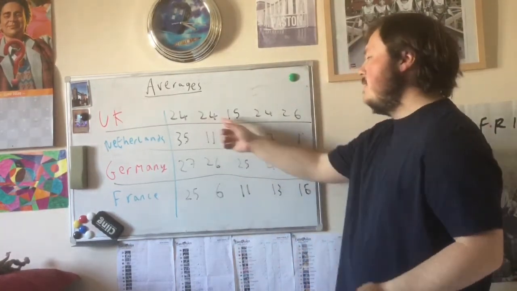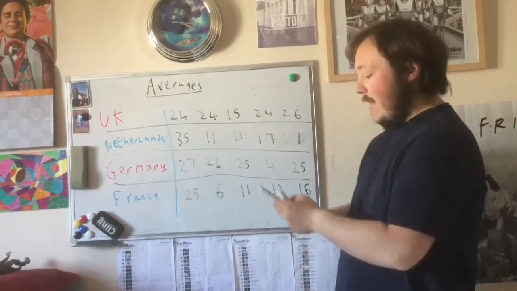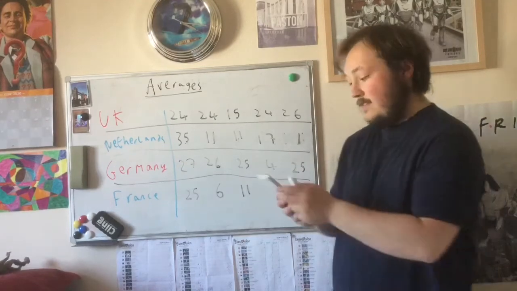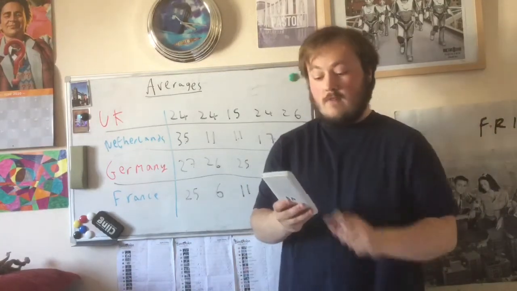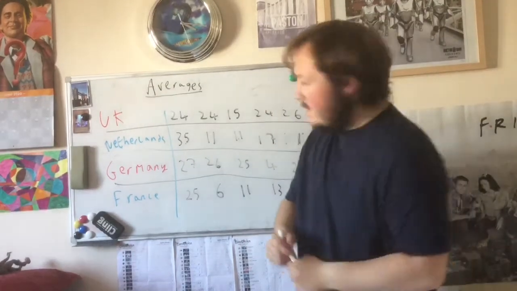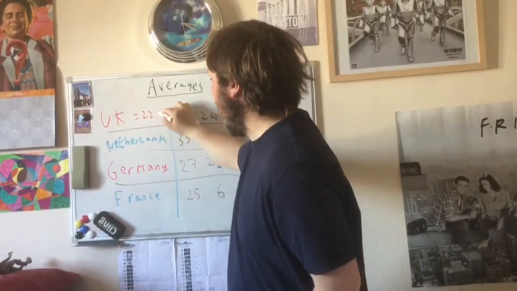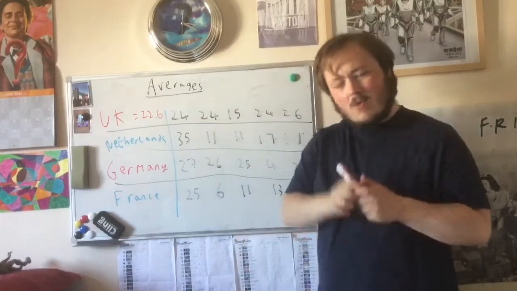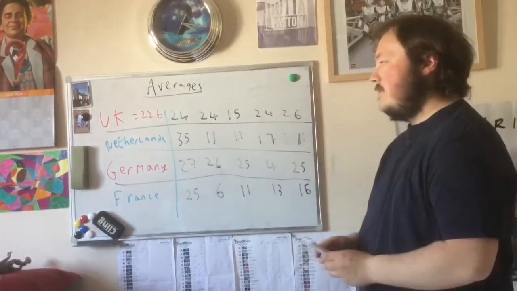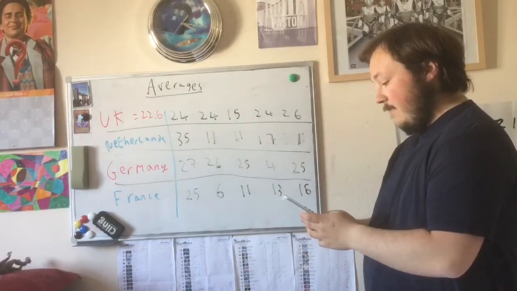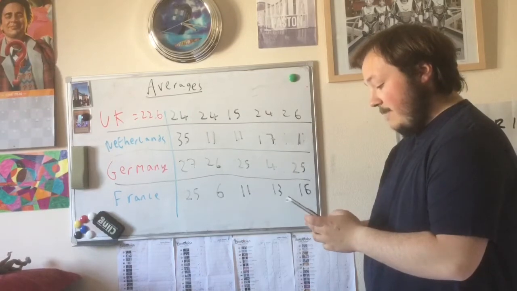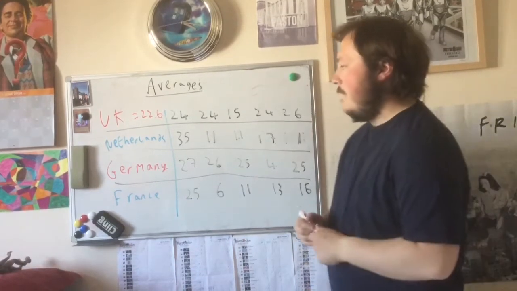So let's find the mean score the UK got. So we do 24 plus 24 plus 15 plus 24 plus 26, which gets us 113. Divide that by 5. You then get 22.6. That's quite low, but we never know. Let's now go to the Netherlands. 35 plus 11 plus 11 plus 17 plus 1 gets us 75. Divide that by 5 and that will get us